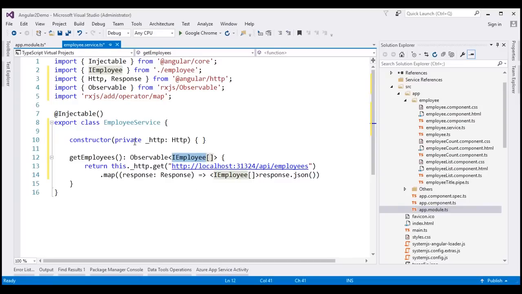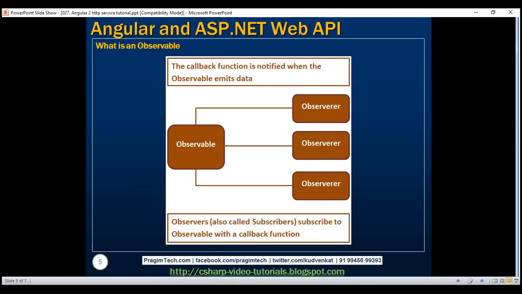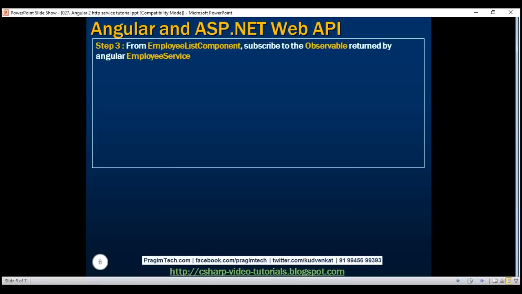And when we are subscribing from our employee list component to this service, we are going to specify a callback function, and whenever this function returns an observable of iEmployee objects, the subscriber, the observer, in our case employee list component, is going to consume that, and we have a callback function there which is going to handle the data returned by this observable. So our next step naturally is to subscribe to the observable returned by our employee service